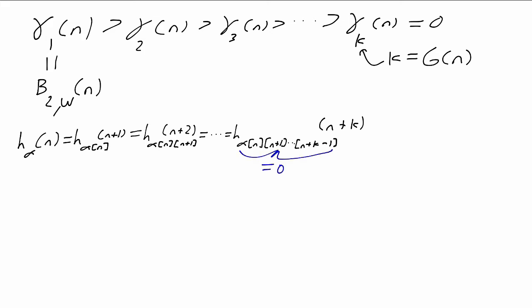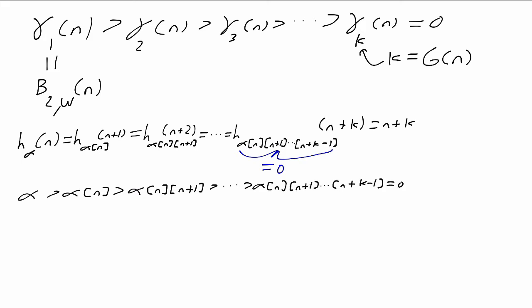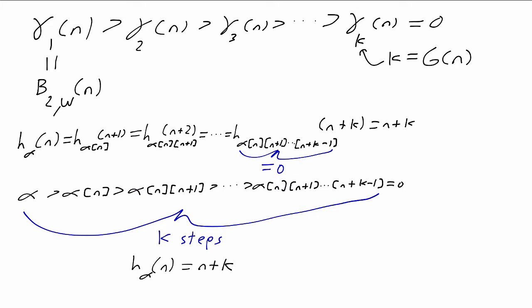When we reach 0 at some n plus k, we stop and we return that value, n plus k. So h alpha of n is the number n plus k, where k is the length of this decreasing sequence of ordinals. So the way we'll compare the Goodstein function to the functions h alpha is to compare these sequences